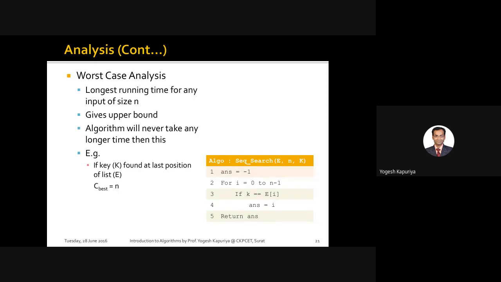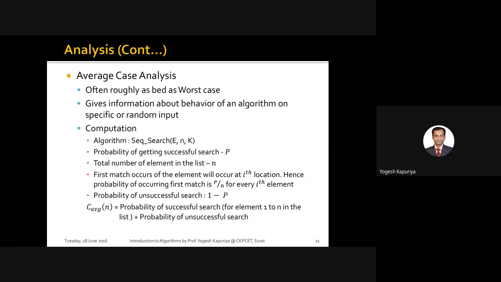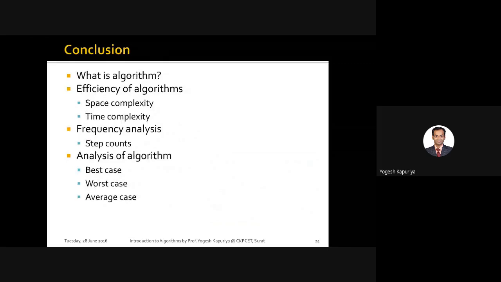So that was the performance analysis. Second is performance measurement. That means once your algorithm is executed, you analyze how it has performed. Usually we are not interested in performance measurement, because that's another aspect of analytics. What we are interested in is performance analysis. That means before actually executing the algorithm, we want to find out how much time it is going to take. For that, you have asymptotic analysis.